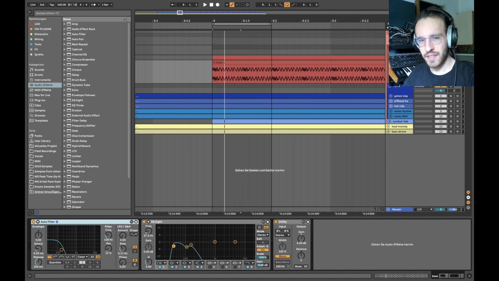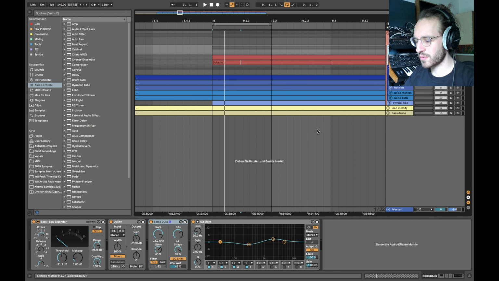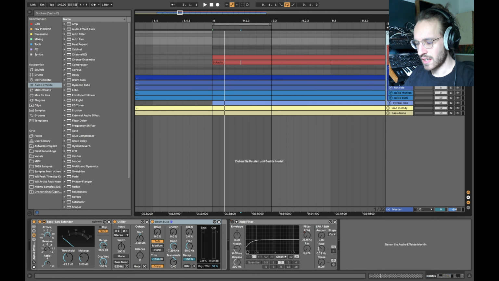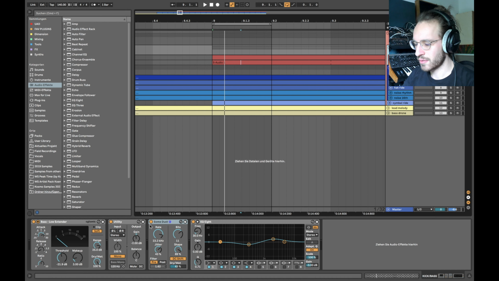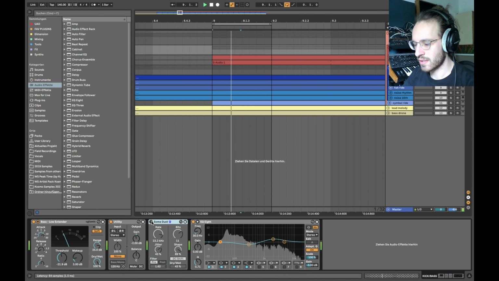And you notice that there's this kind of crispiness on top of it, which comes from the Redux. And the Redux was not really the best effect in Ableton 10. And now in Ableton 11, we finally got a dry/wet knob and different stuff to really use it in a good way. Also the filters are very important, and this is just a preset from Ableton. It's called Some Dust, and this is exactly what it's doing. It just adds this little bit of texture onto everything. So if we compare the on and off state,